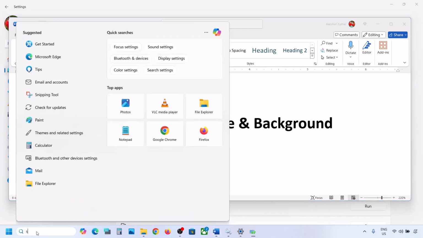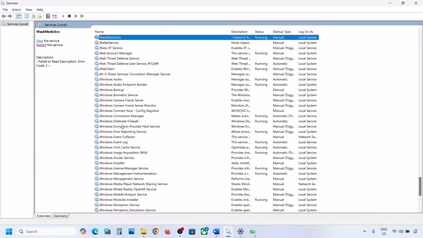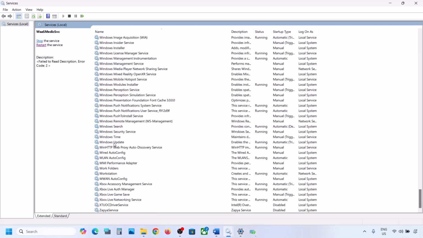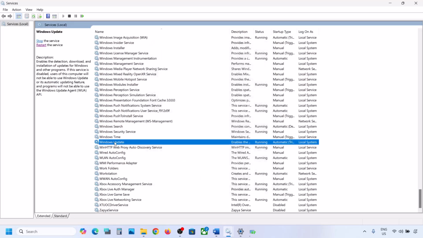Now for this, type in services in Windows search box and then go to services. Now find Windows update in the list, scroll down, here you can see Windows update. Make a double click on Windows update, set it to automatic, click on apply, click on start if highlighted, and then click on OK. With Windows update selected over here, now make a right click and then click on restart